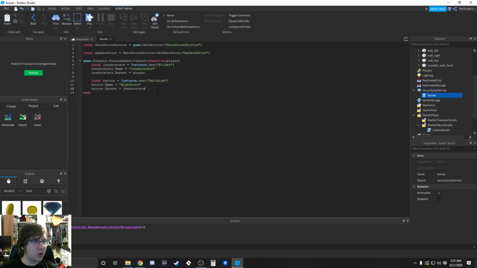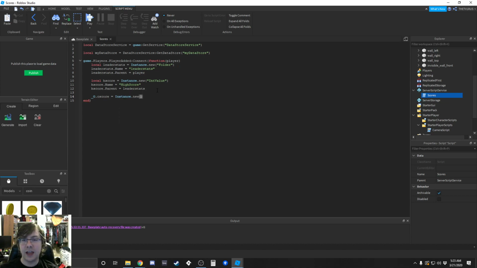We have our high score, but now we need our current score. Now this current score, we're going to make a global variable. We want to be able to reference this anywhere at any time. To do that, we're going to do _G, capital G, and dot. So now anything I put after this becomes a global variable. And that global variable is going to be called C_score, which C stands for current. So our current score. And that current score is going to equal